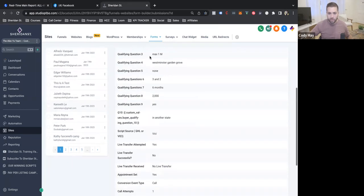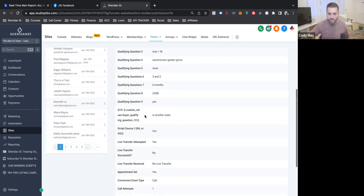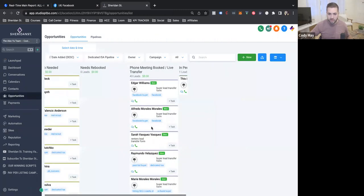where you'll know how many bedrooms, how many bathrooms, where they're looking for, how soon are they looking to buy. This person's looking to buy within 6 months. They want 2,000 square feet. They own a home, but they own a home in another state. So you're going to have all this information by the time that you actually get to the lead, and everything's